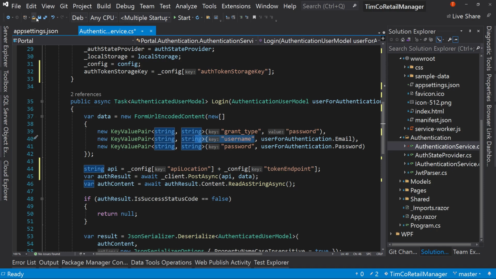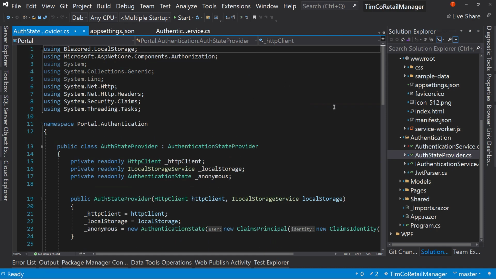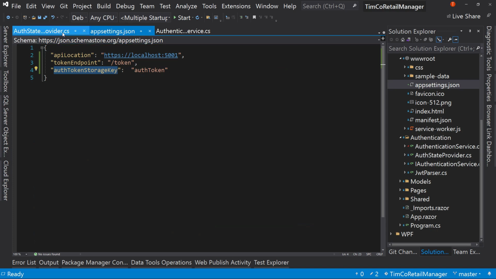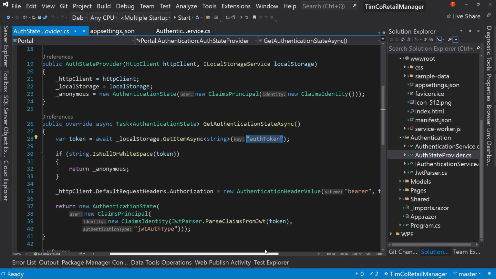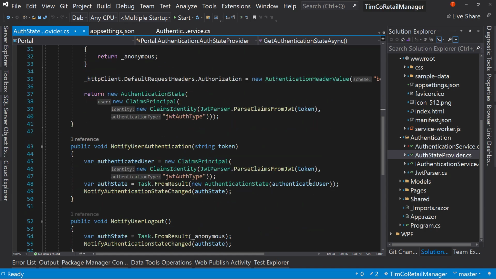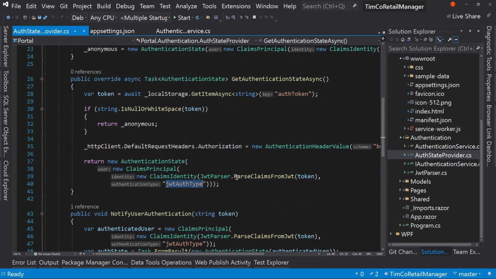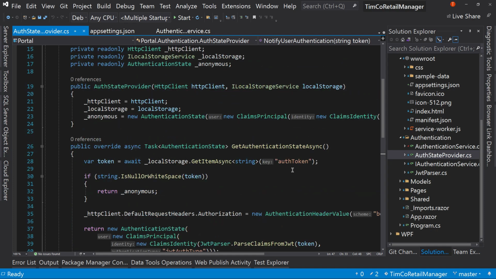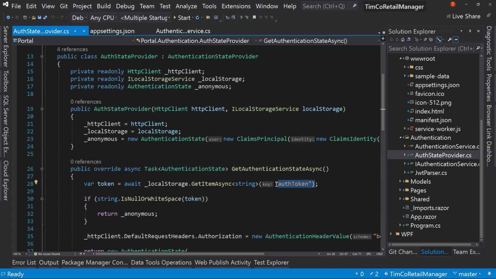Now we're not quite done yet, because there's also, in this auth state provider, if we look down here, we have auth token. If you miss this, then it'll still work because you've called it auth token, until someone changes this, and then it won't work. And then you'll be wondering why. Okay, so that's the only thing here. Authentication type, that's fine to be hard coded because that's the type we're using, and we're not going to change that type. So this is the only thing to be changed right here,